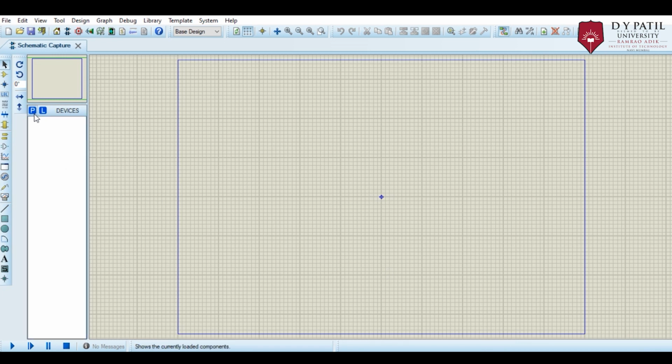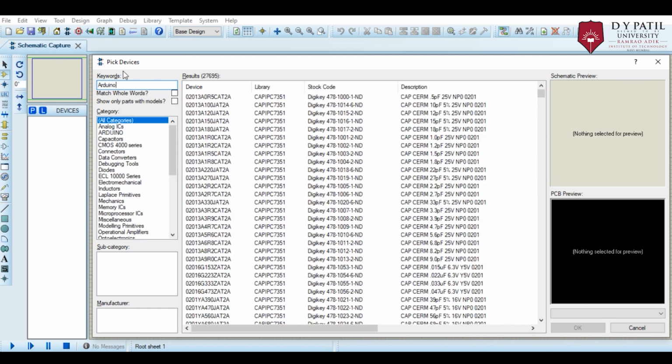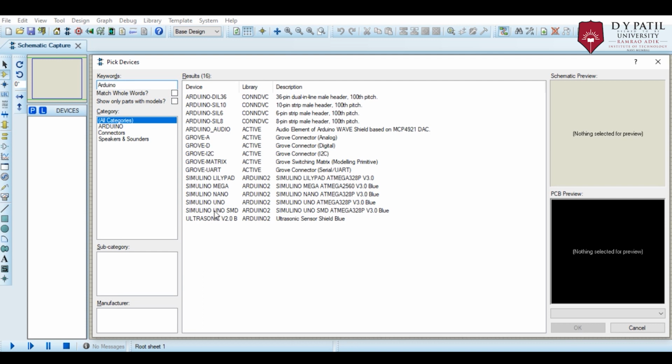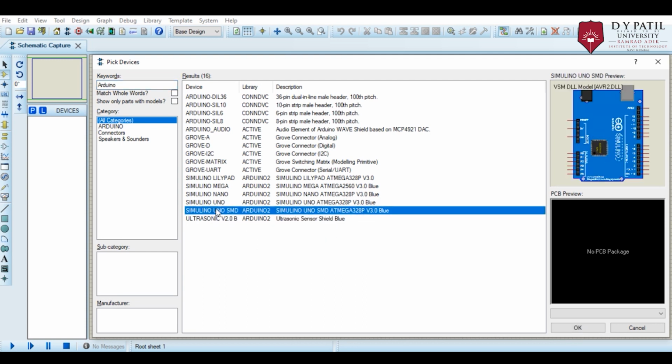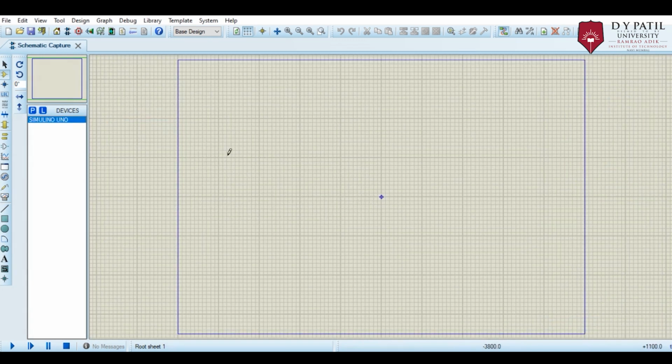On components mode, you will see two buttons, P and L. If you move to the P button, you will see Pick from Libraries. It is used to select different components for circuit construction. Type your components for a circuit. The components we choose are Arduino Uno,